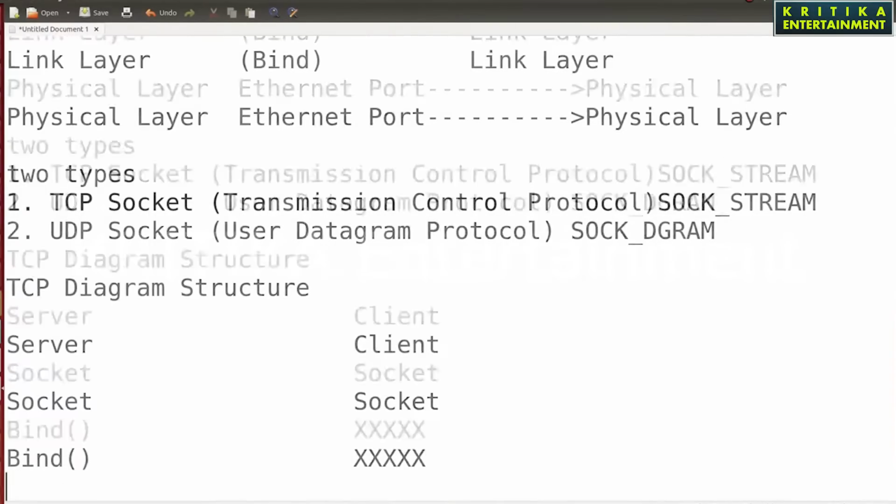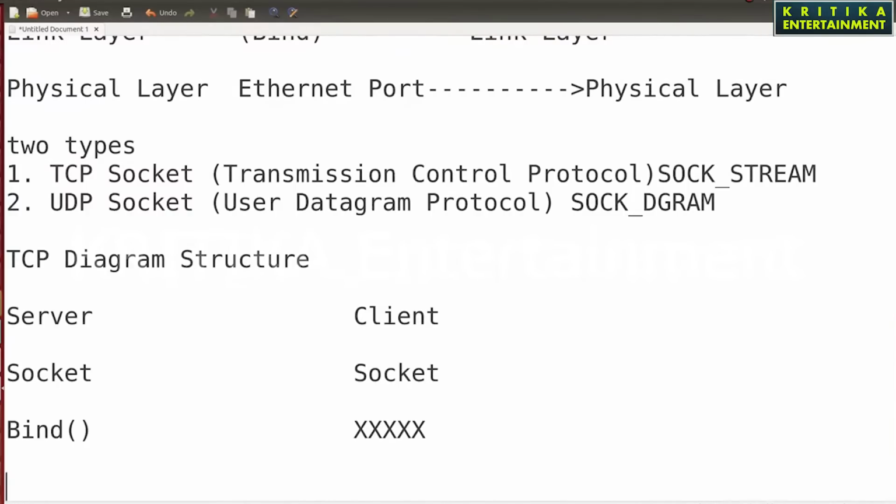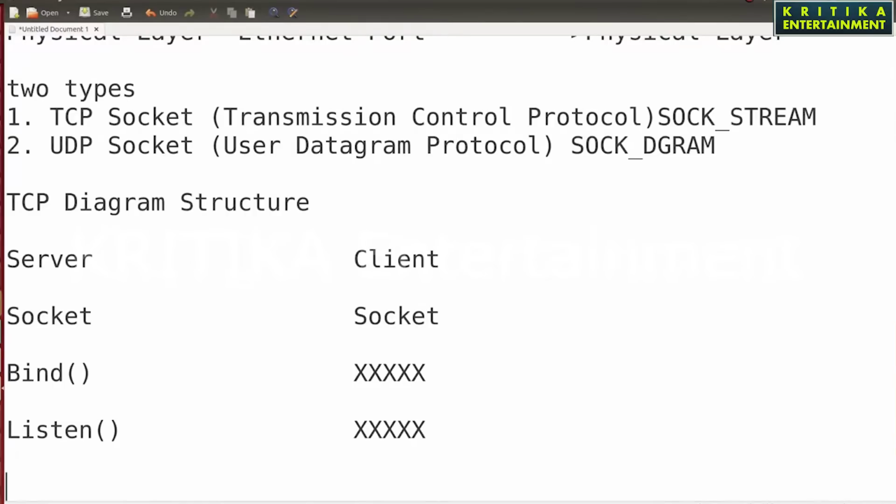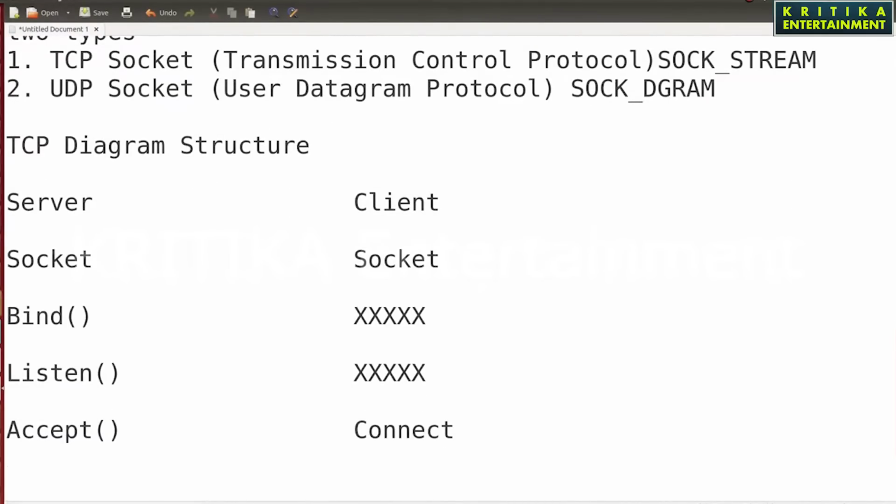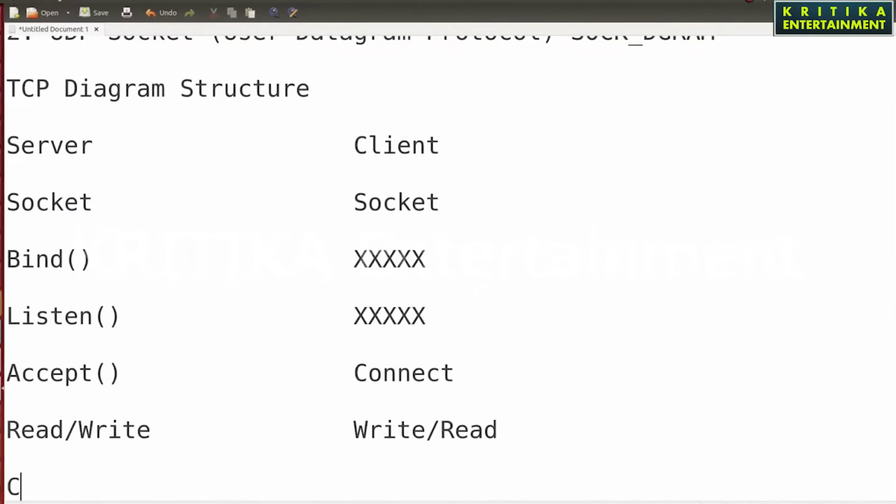The server side has listen, but the client does not. The server side has accept, while the client has a connect function, and then read and write functions. The client side is just reversed: first write, then read, and then close.